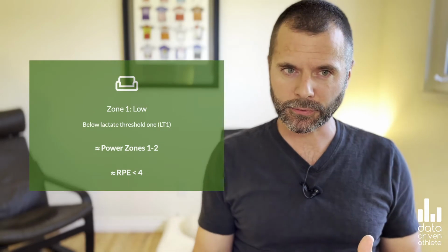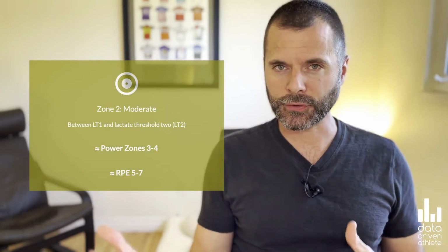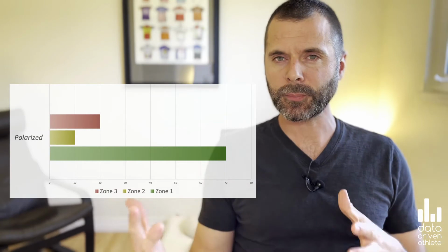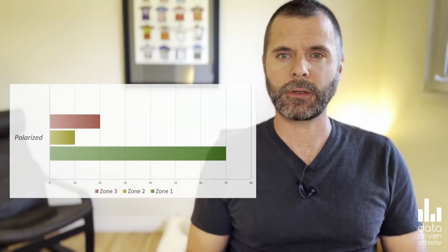Let's jump in. So polarized training is a framework where roughly 80% of your training time is done at an easy intensity, and then about 20% is done at a hard intensity. So we can break down this easy-hard dichotomy into three primary zones. Zone 1 is the easy zone, zone 2 is the moderate zone, and zone 3 is the hard zone. So polarized training has you spending roughly about 70% in zone 1, about 10% in zone 2, and then about